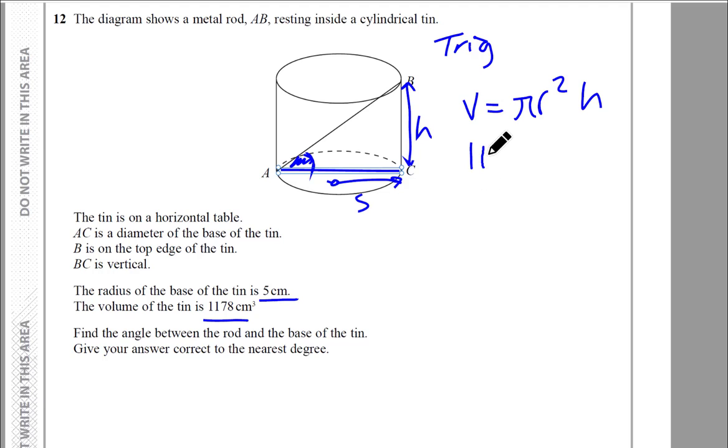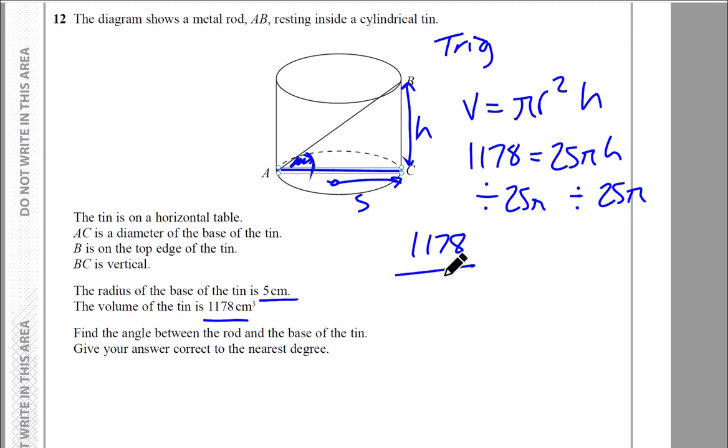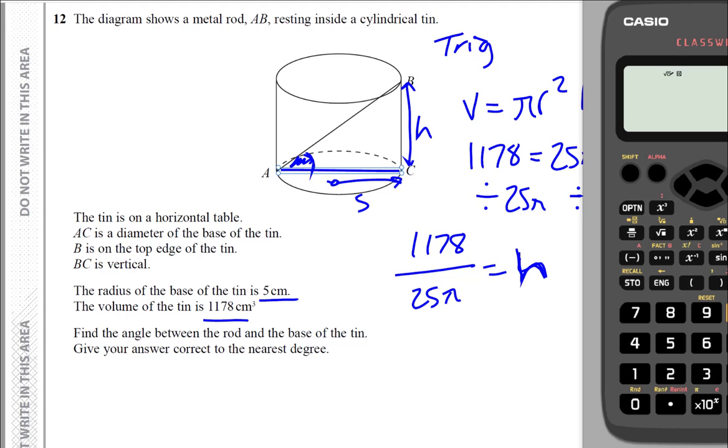Let's substitute what we know. This is the volume. We know r is 5, so we can say that equals 25 pi h. So to find the height, we just divide both sides by 25 pi. So 1178 divided by 25 pi equals h. Let's use a calculator for that. 1178 divided by, I like using this button, 25 times shift pi,